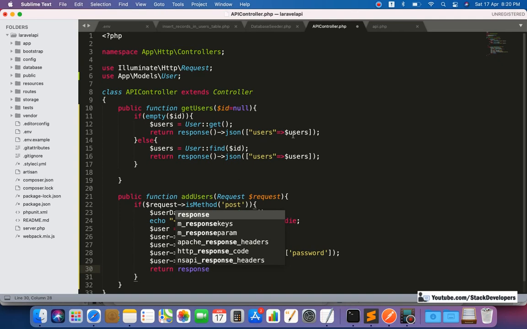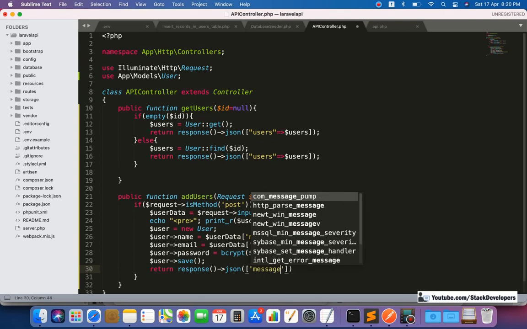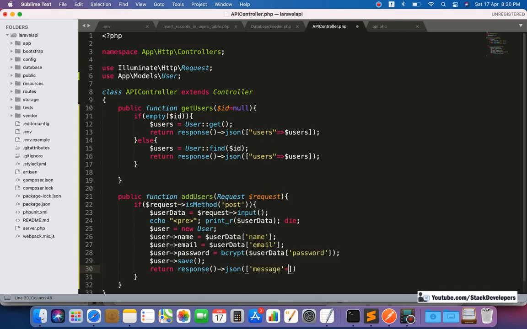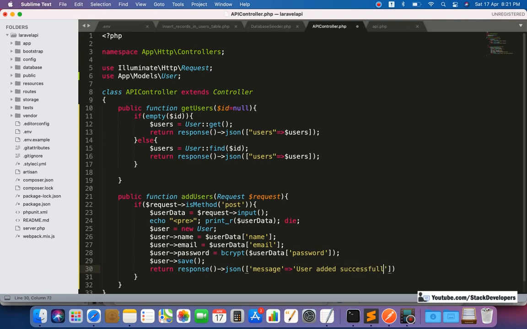We are putting the users JSON data in the users object, but here we need to output a success message. Response JSON, and in JSON we are going to output the success message here, user added successfully. Okay, like this.